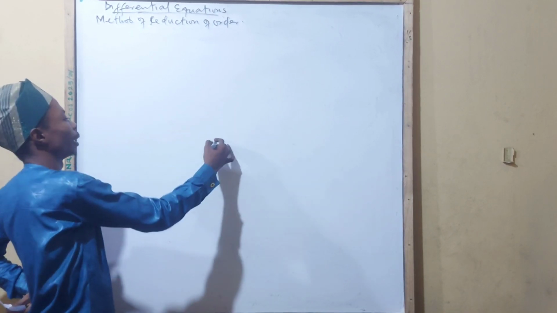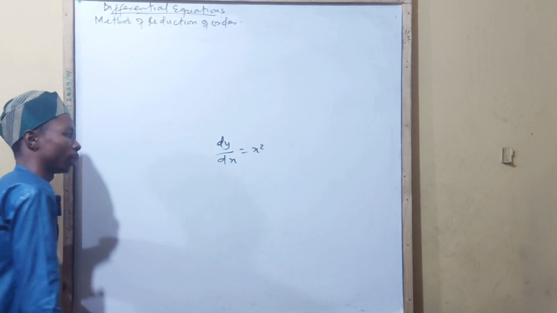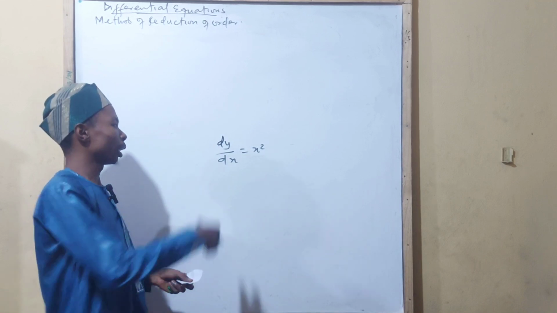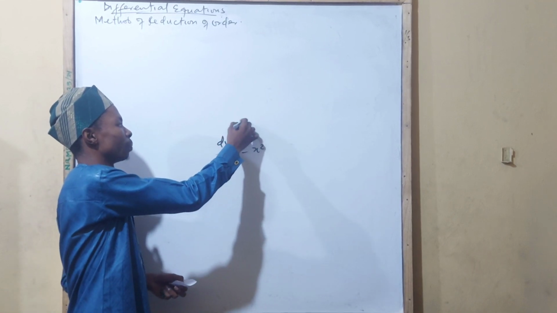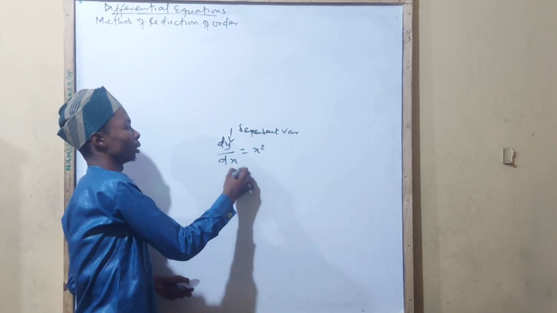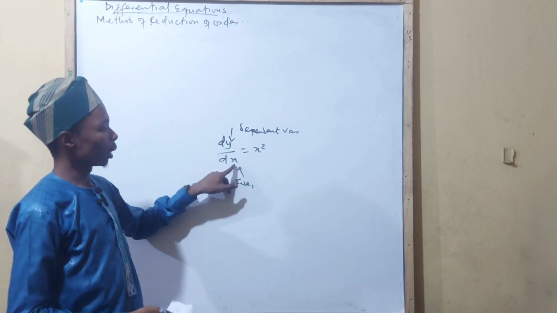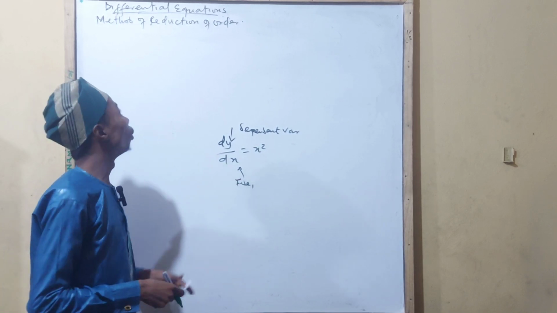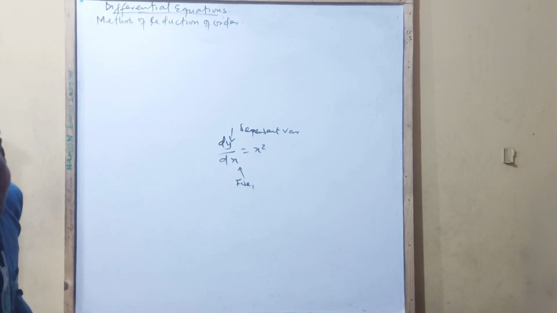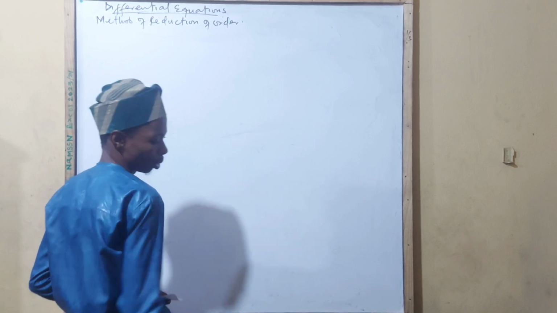So if I'm having something like dy/dx equals, let's say, x squared, that means the rate of change of y with respect to x is x squared. Here, y is the dependent variable and x is the independent variable, so y depends on x. For this reduction of order, we have about 5 cases, but we are going to limit it to just 2 cases. So case 1 is